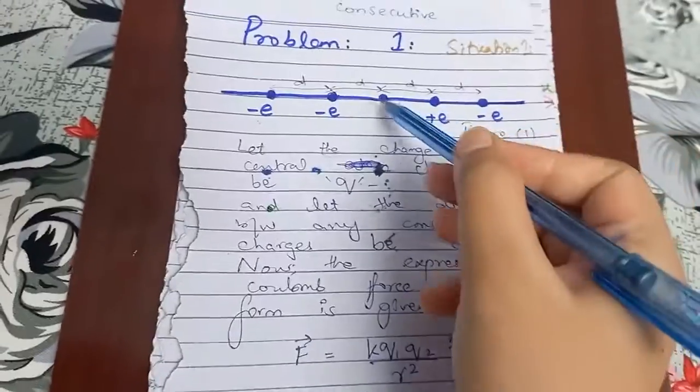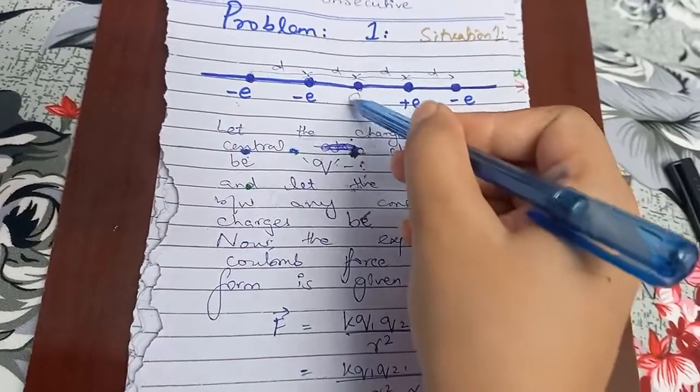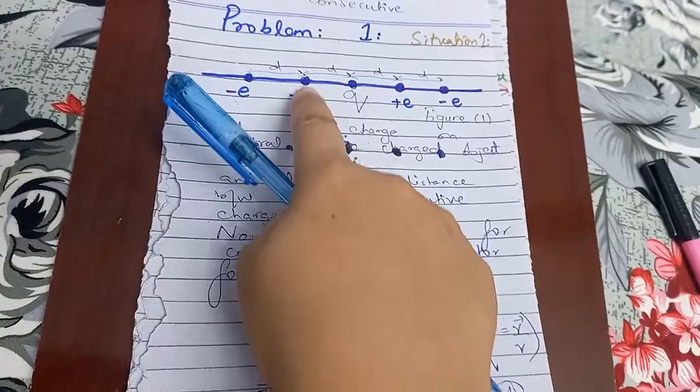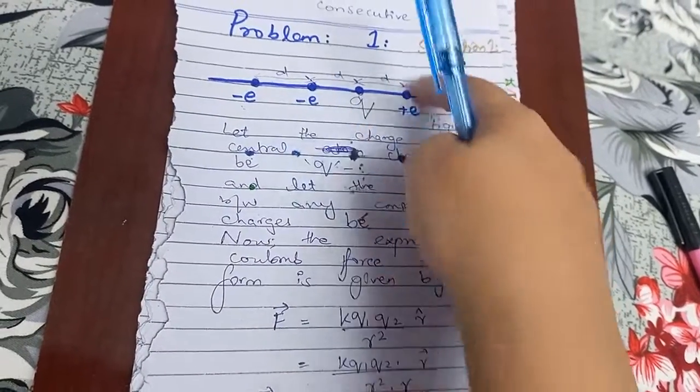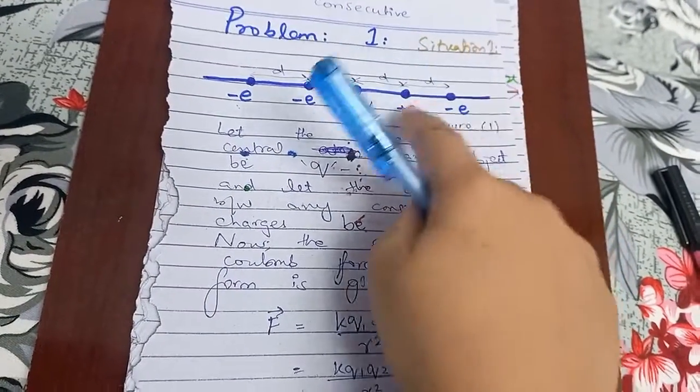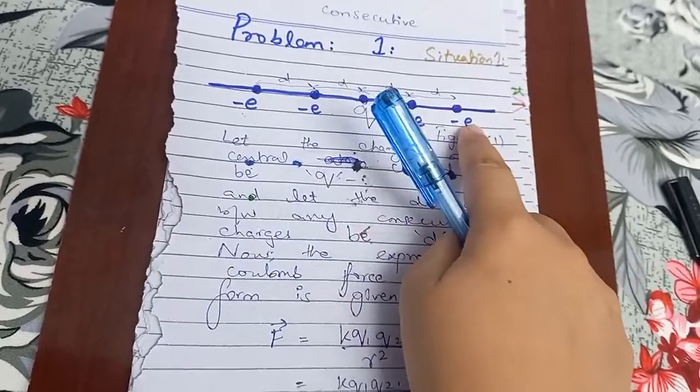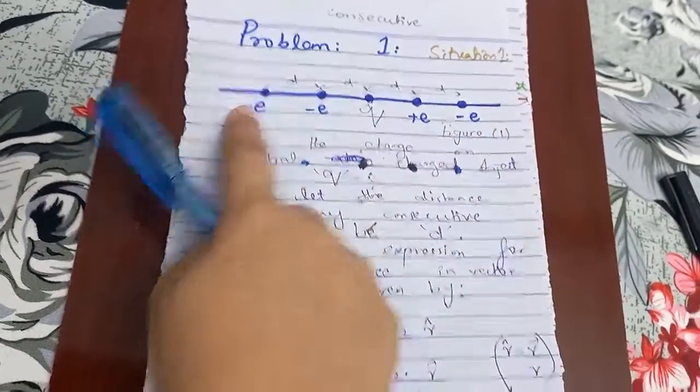q1 will be the central atom's charge, which is q, and q2 will be the charge under study, the other charge. For example, for the first it's this, for the second it's this, for the third it's this, for the fourth it's this. So let's put the values